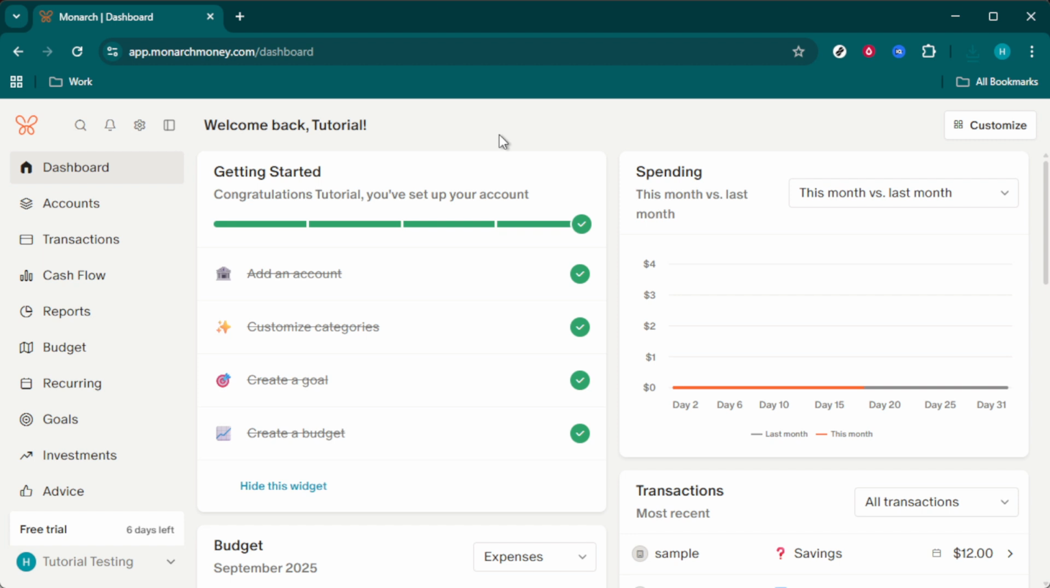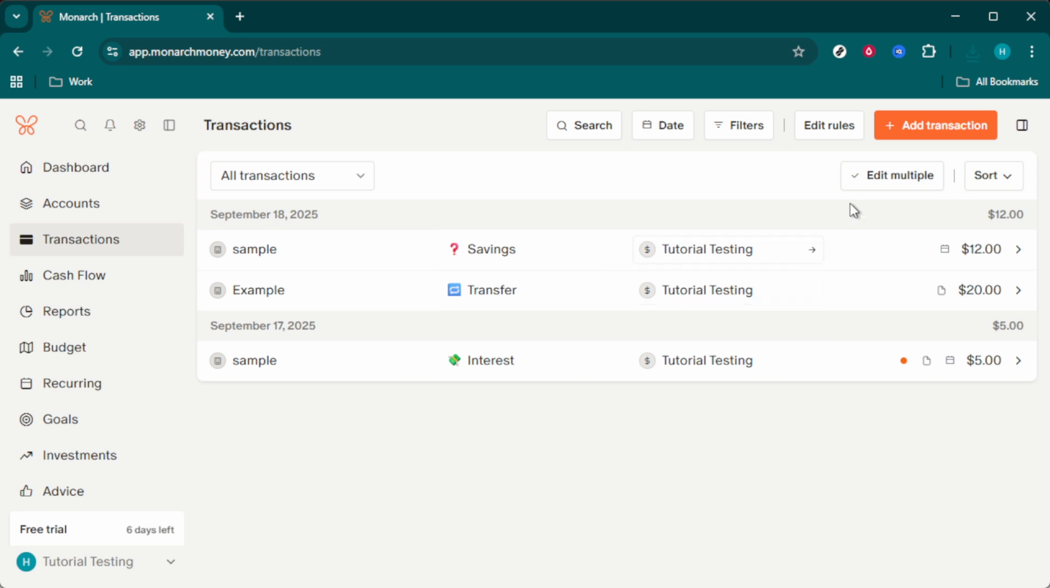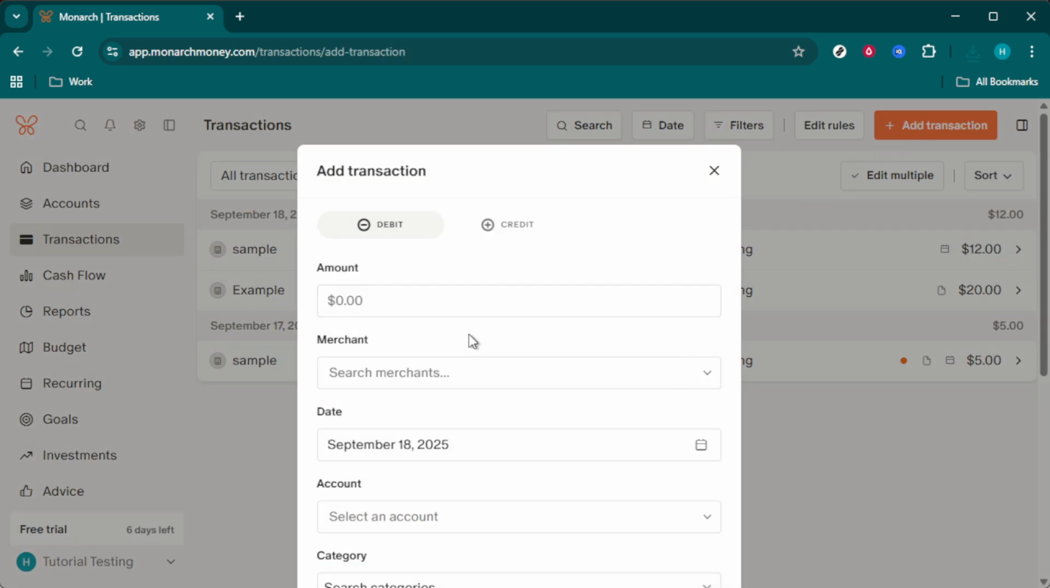To get started, let's head over to the Monarch Money website. You'll want to make sure you're logged in to access your dashboard. Once you're there, look for the transactions section. This is where you'll be initiating your transfer, so go ahead and click on the Add Transaction button. It's usually easily visible and should bring up a new dialog box where you can input all the details you